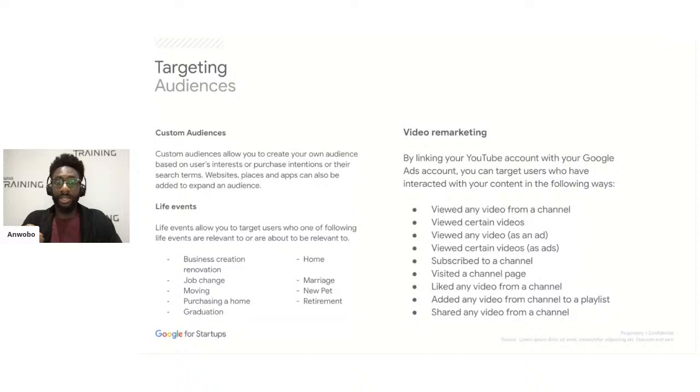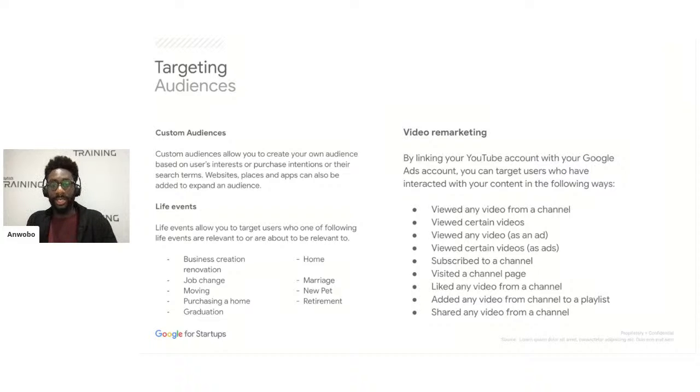More audience options available are things such as custom audiences. Now, of course, we have those affinity audiences we just looked at. We have the opportunity to utilize in-market audiences. Sometimes you might have a very specific product, or you just want a slightly different angle on targeting your users.